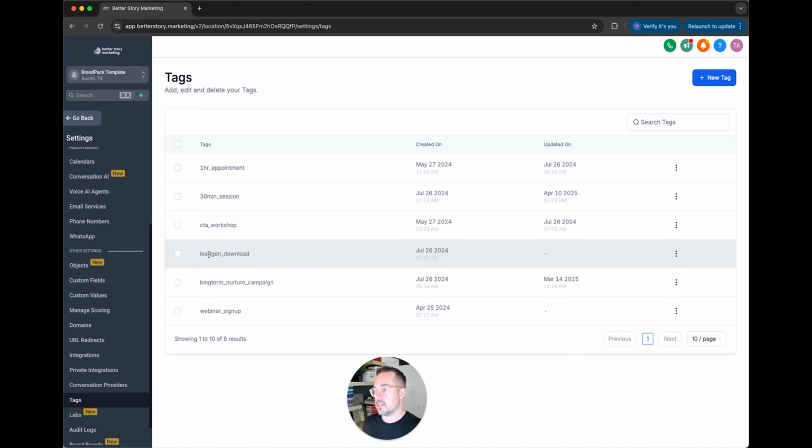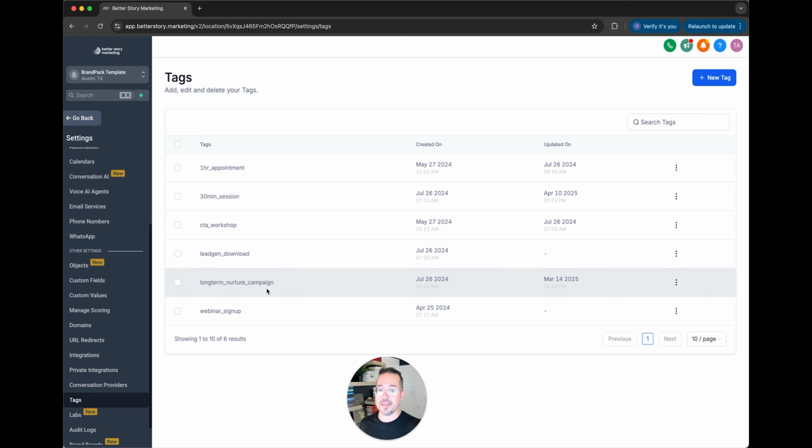So like this lead gen download, that would get set to a contact who downloads your lead generator. And that way, oh, hey, that's an action that they've taken. This long-term nurture campaign, this gets added usually at the end of some other automation to then trigger a new automation. You can use tags to both organize contacts, but also to trigger behavior like starting the long-term nurture campaign